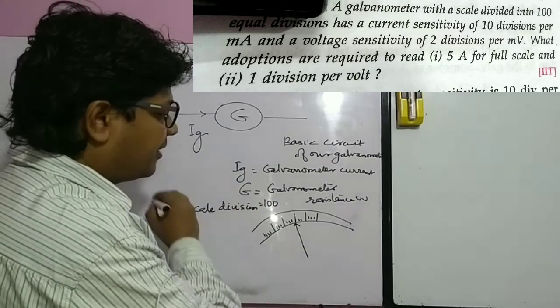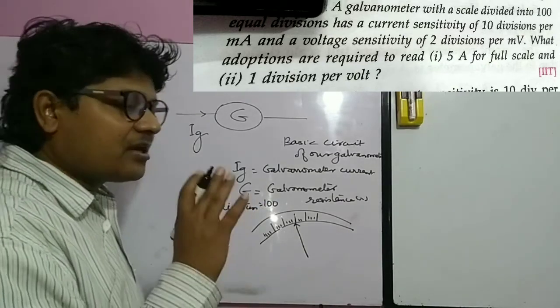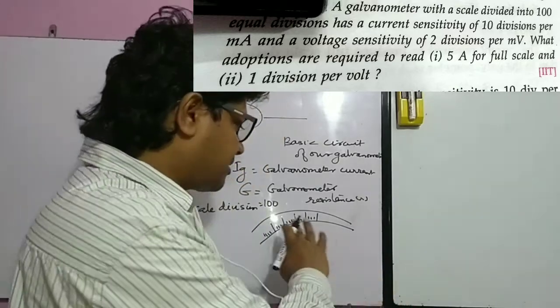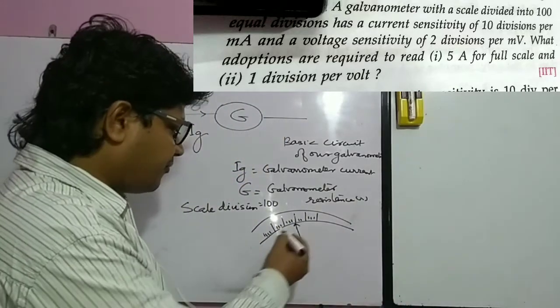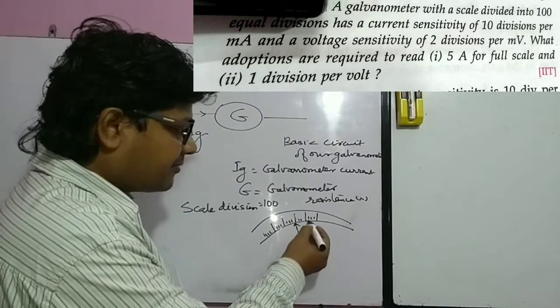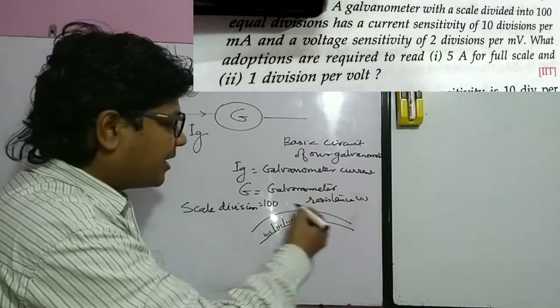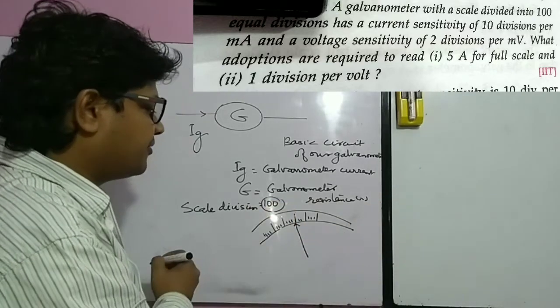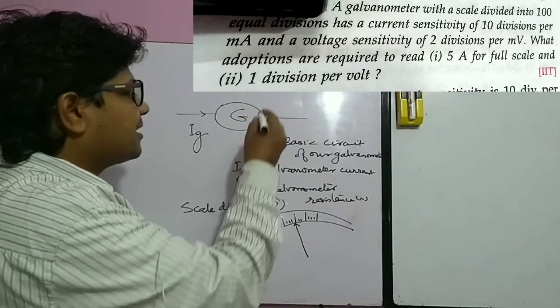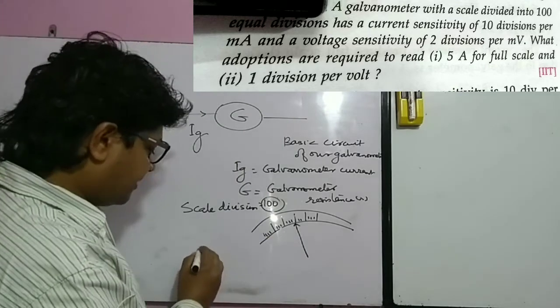Scale division is equal to 100, right? So there are 100 divisions on this scale. 1, 2, 3, 4, 5, 6, 7, 8, 9, 10, so it will be counted like that, and this will be 100 divisions, right? So we can say divisions on a scale